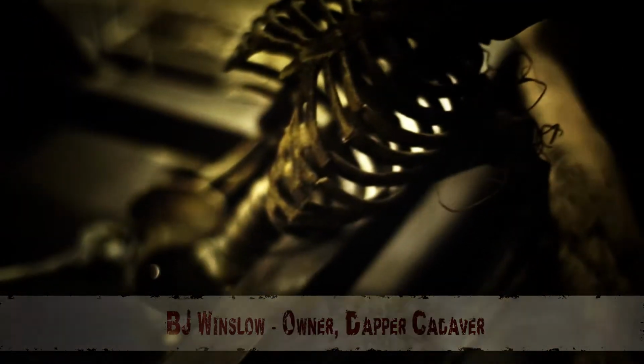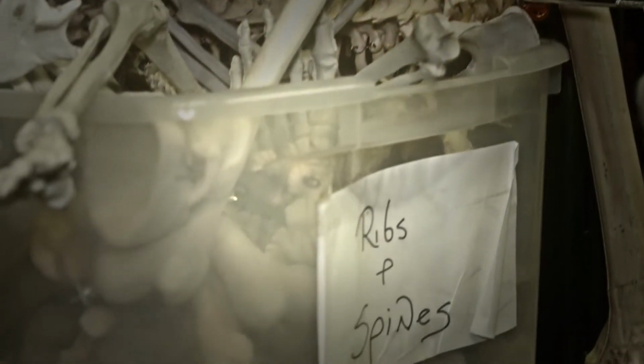There's other things that we've worked on. We've worked on a couple of the Pirates of the Caribbean movies, and I remember for one of those they ordered about 6,000 individual bones. And it was specific. There'd be like, we want vertebrae, we want femurs, we want humeruses, no radius, no ulna, only humeruses and femurs. So we had to put together 6,000